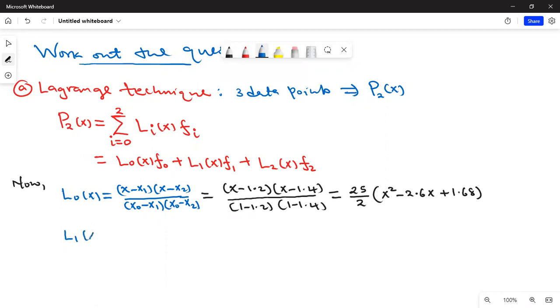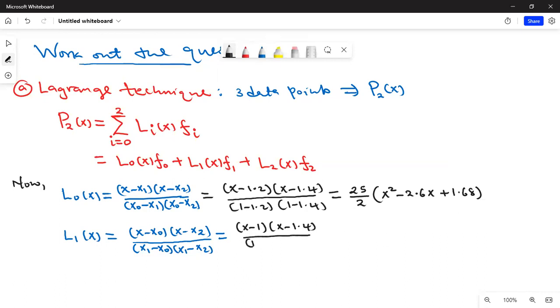Let's work out the other one, L1 of x. That's the same as x minus x naught, x minus x1. No, that should be x2, because the denominator there should be x1. So that should be x minus x2. There's no x1 in the numerator. Take note. So the denominator will have x1 minus x naught, x1 minus x2. So again, if you substitute, you're going to get x minus 1, because x naught is 1, x minus 1.4 over 1.2 minus 1, 1.2 minus 1.4. That should give us negative 25 times x squared minus 2.4x